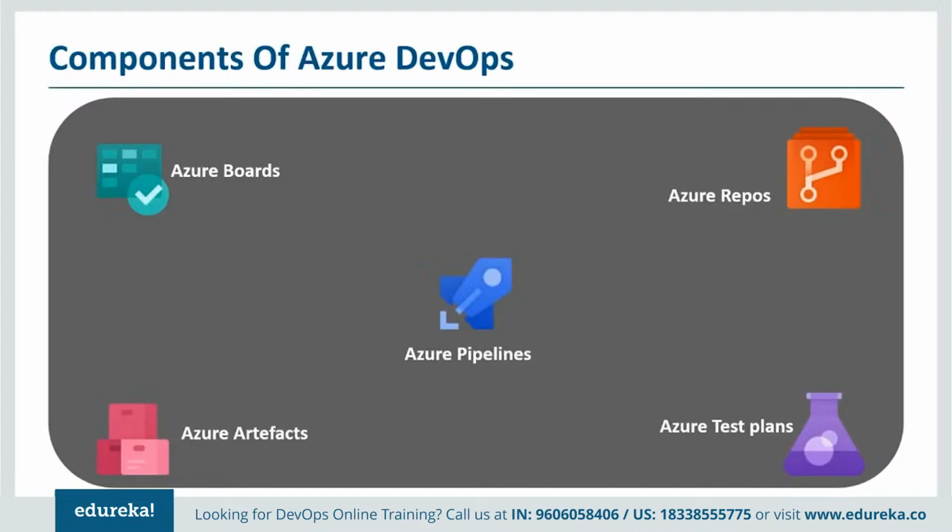We have got Azure boards to create our work items. We have got Azure repos to store our code. We have got Azure pipelines, which can help us do the build of the code, release of the code into a particular environment. Then we have got Azure test plans, which we can use to do our testing, which could be manual test cases, automated test cases, exploratory testing, all that can be done as part of the Azure test plans. And finally, if you have got some common DLLs or common jar files which you want to store as part of your repository, then you can use Azure artifacts.